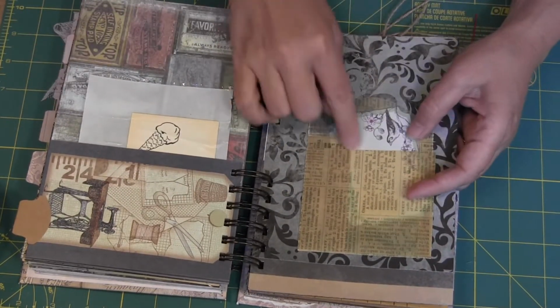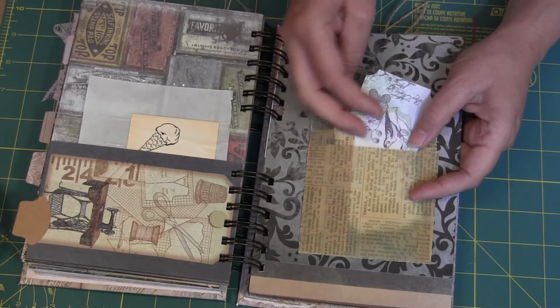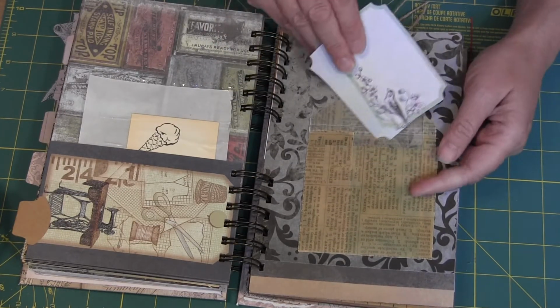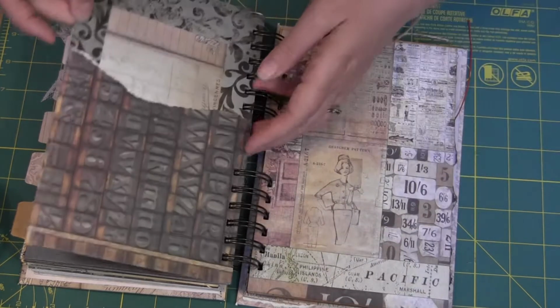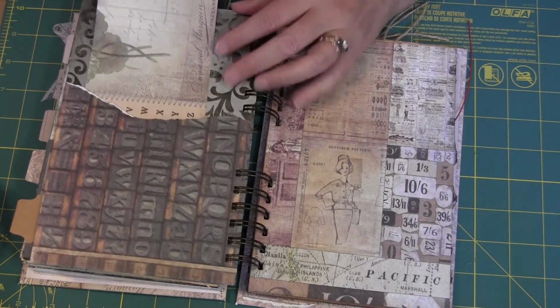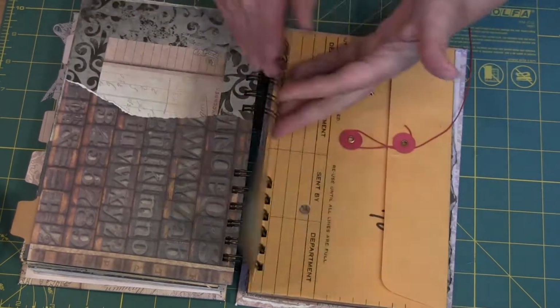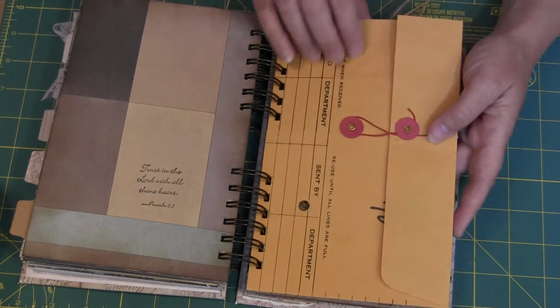This little bag came from a swap that I did with someone probably 6 months ago, and I've been holding on to it. And then these little embellishments also came from a swap, so finally letting go of some of the stuff and passing it on. This is just some leftover paper from that Melissa Francis. This Tim Holtz paper is awesome. This I think I got from my father-in-law, and this is a vintage,